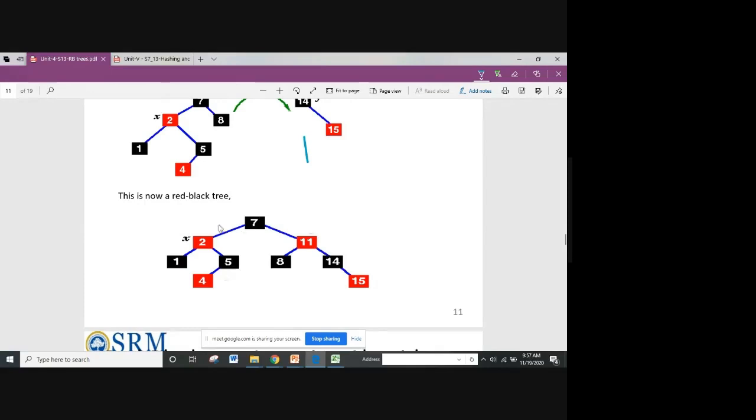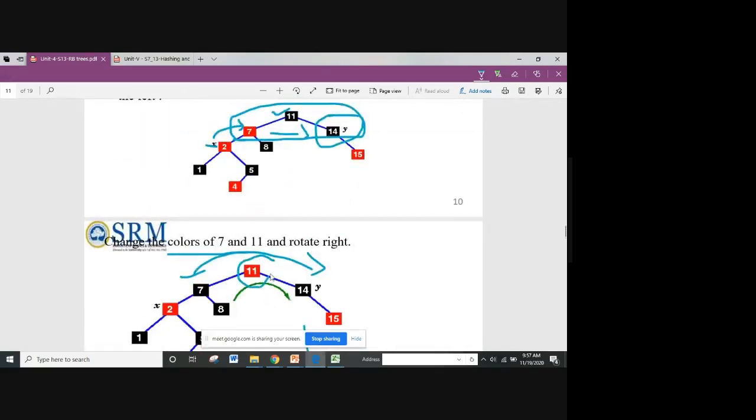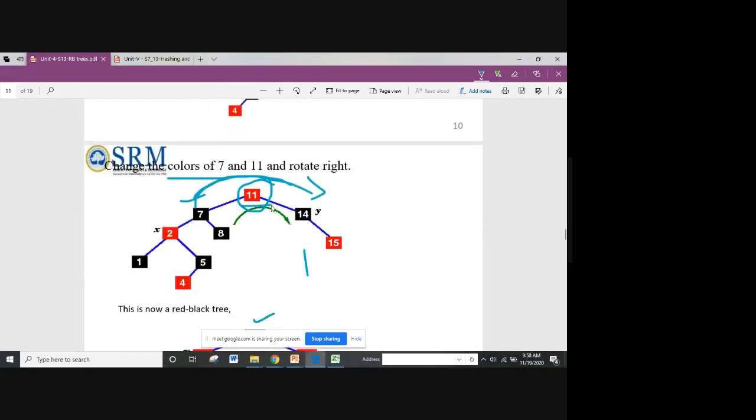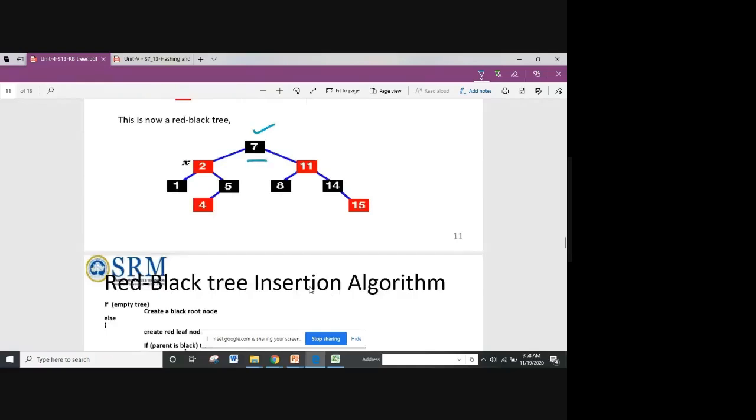So again you have to check the conditions, whether the root node is black. Here actually the root node was red, so to satisfy the condition we made the root node black. We rotated to the right side because I told you the root node should be black. In this case it is correct, but in this case the root node has become 11. So to make it black, you can rotate to this side, and 7 will come up. Now the root node is black. Now check that all red nodes have black children.